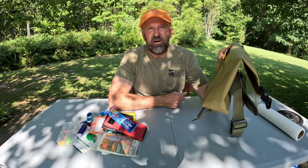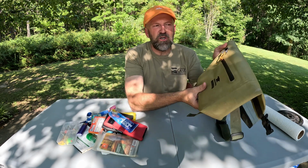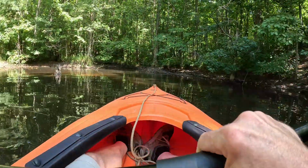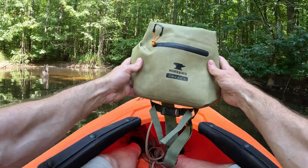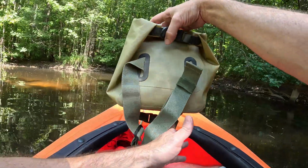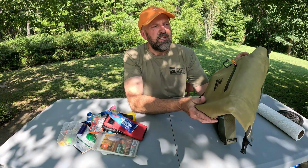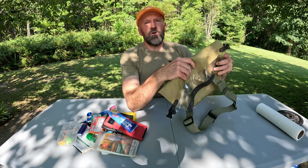I bought it mainly for fishing because I'm clumsy. If I fall in the water, I want my stuff to be dry and I don't have to worry about it being ruined. I also bought it to take kayaking. If I flip over, I don't have to worry about my gear getting wet. And also for just hiking in the rain. It's a very good day hiking pack, and I've used it several times over the past 18 months. So anyway,